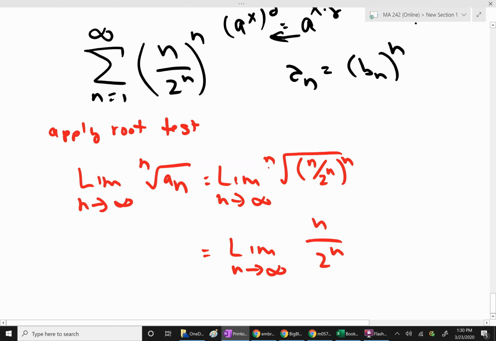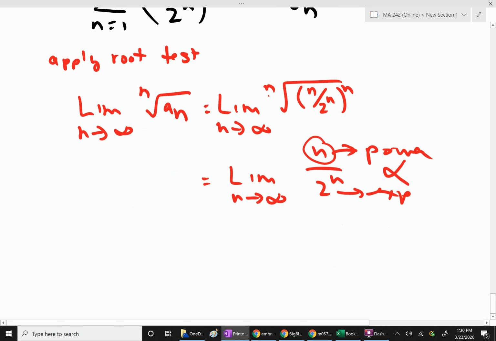And what is that limit? What sort of function is this right here on top? Power, exponential, log, factorial? Power. Okay. What's on the bottom? Exponential. Exponential, exactly. So what do we know about their limits? I know that the power is exponentially less than the exponential. So that means that the exponential wins. That's what it means to be greater than. It means that it dominates, right? As n gets really large. So this limit